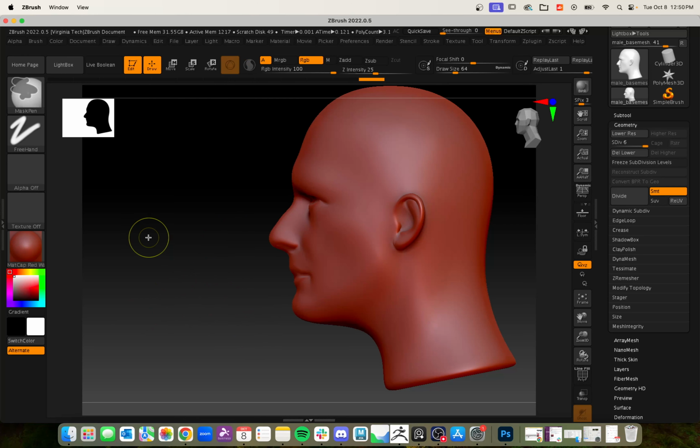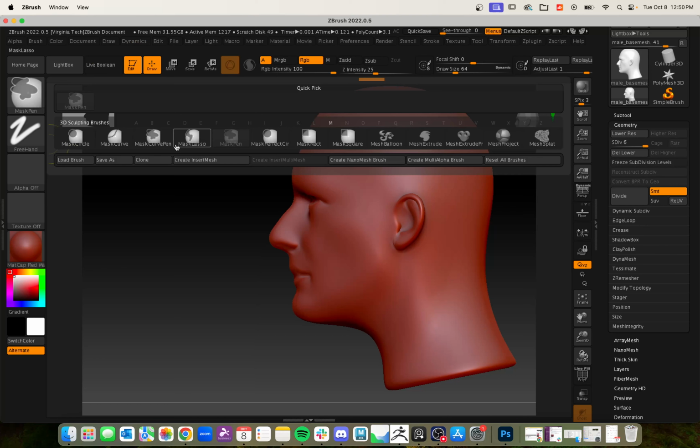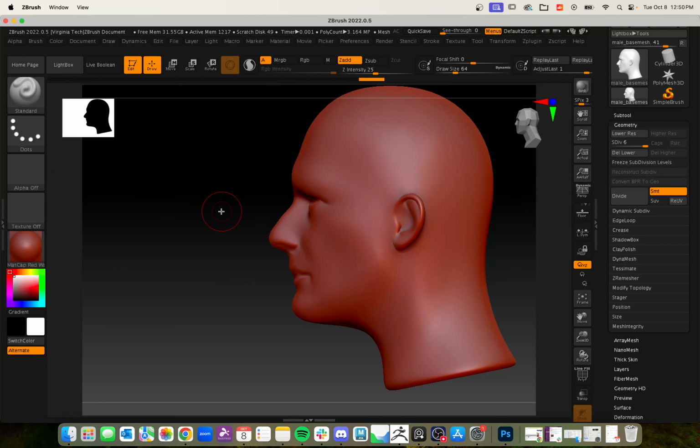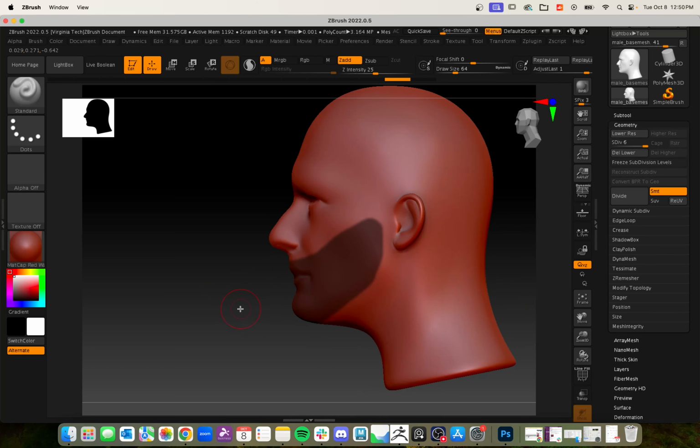So if you press Control and then hold Control and click on here, you can select this mask lasso. And now that's going to be your selection brush. So I press Control and then I just do a lasso, and that's how I select, right? Wow, beautiful. And I can press X for symmetry right away so that everything's symmetrical. So this is kind of where our masking ended usually, but now